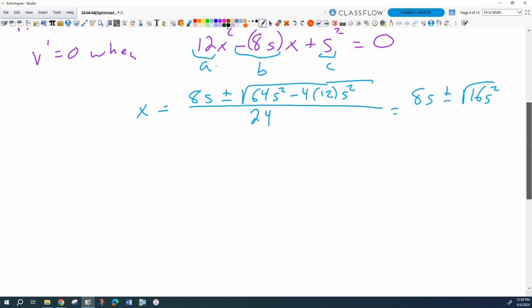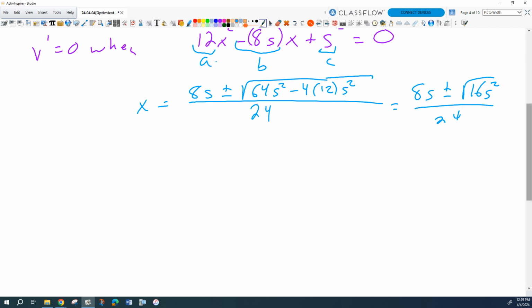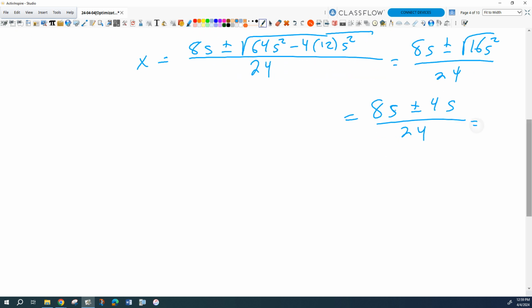Okay, so we're going to get 8s plus or minus 4s over 24. Well, that's giving us two solutions then. That's telling us either x equals 12s over 24, which is s over 2, or x equals 4s over 24, which is s over 6,